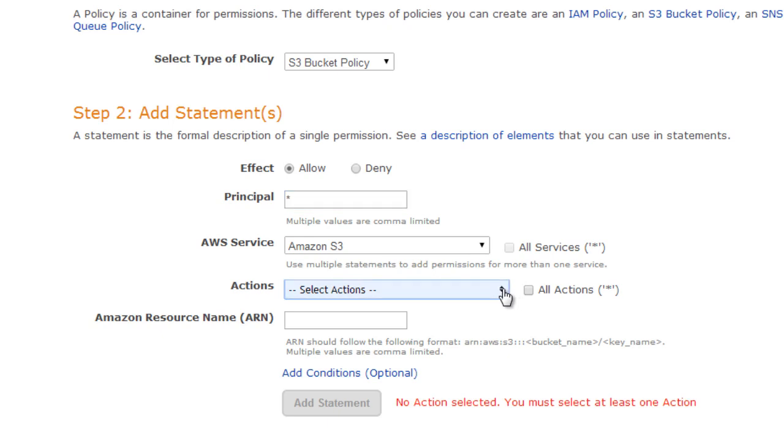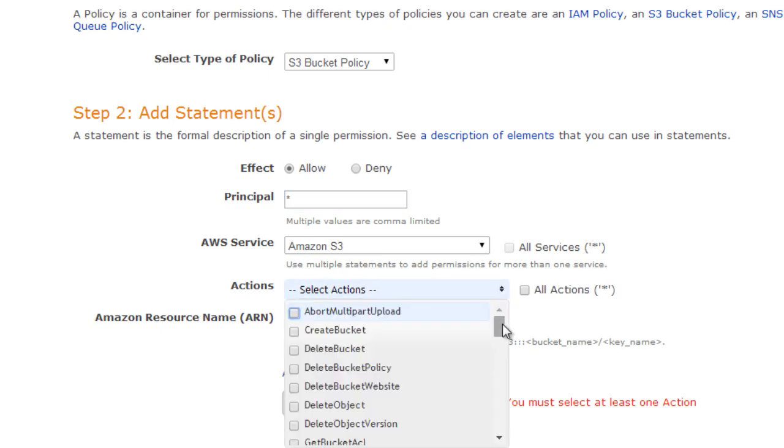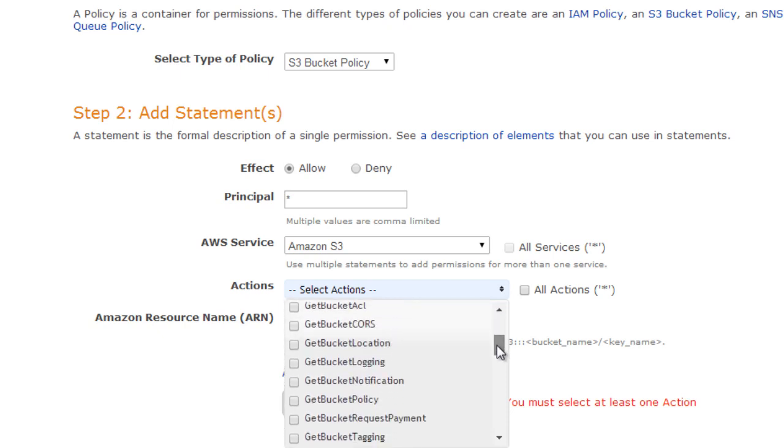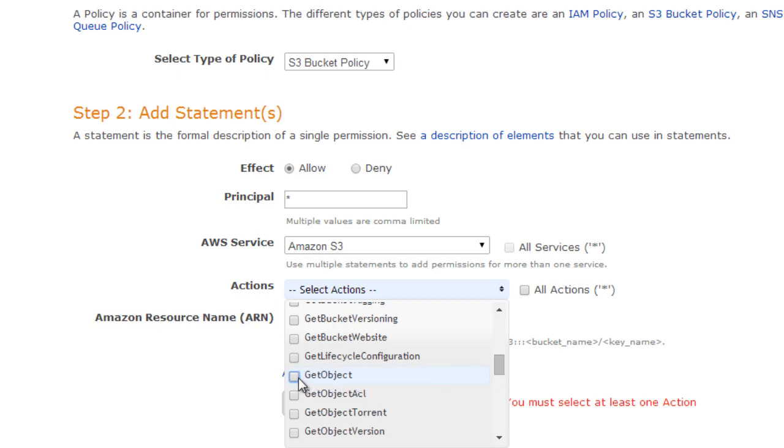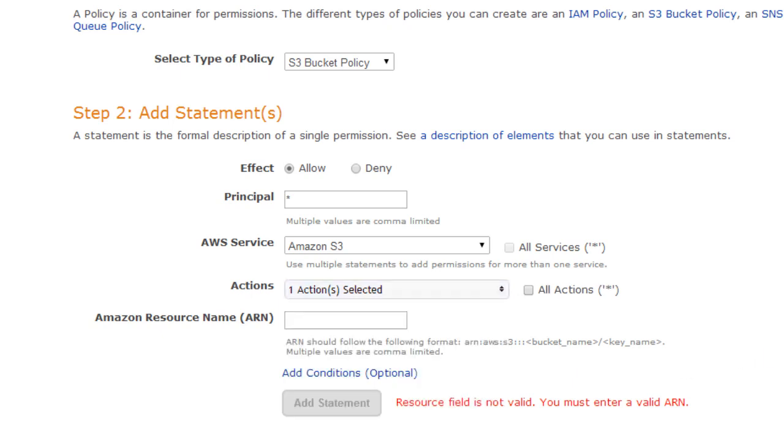In the actions drop down, we have to select what exactly you want to assign to all users. Since we want everyone to be able to see the files, we'll scroll down to where it says get object. Just check on get object, and that's all that we need.